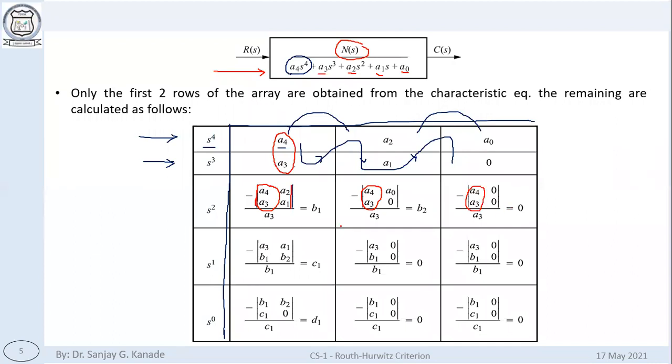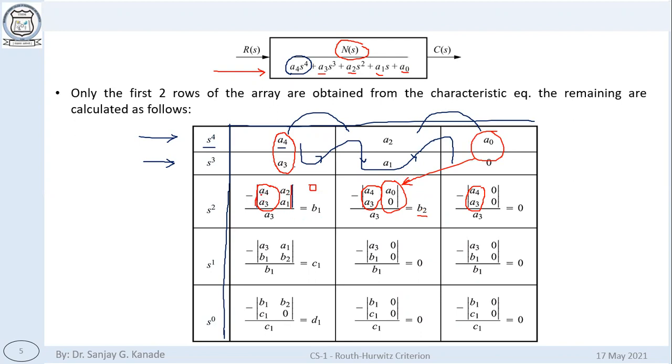You can see, right? And what is the second column of the determinant? It is the next column. So for this element, the first column is constant, first column is fixed, the second column is taken from the next column. Okay, so A2, A1 here. For this second number, that is B2, calculating B2, which is in the second column of the Routh array, we are going to take elements from the third column of the above two rows actually, right? Likewise, we are creating simple 2 by 2 determinants.